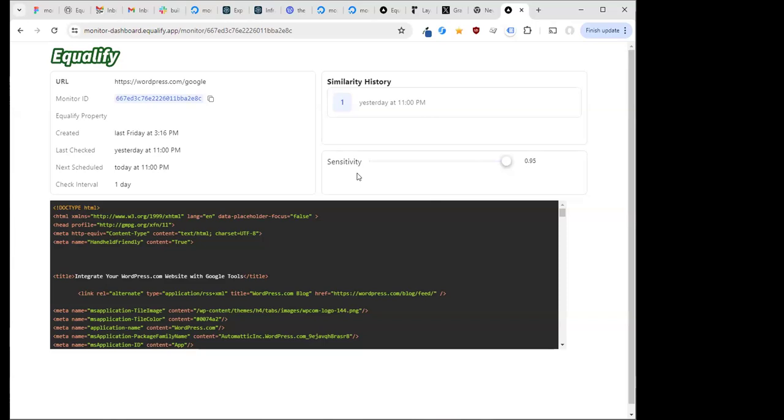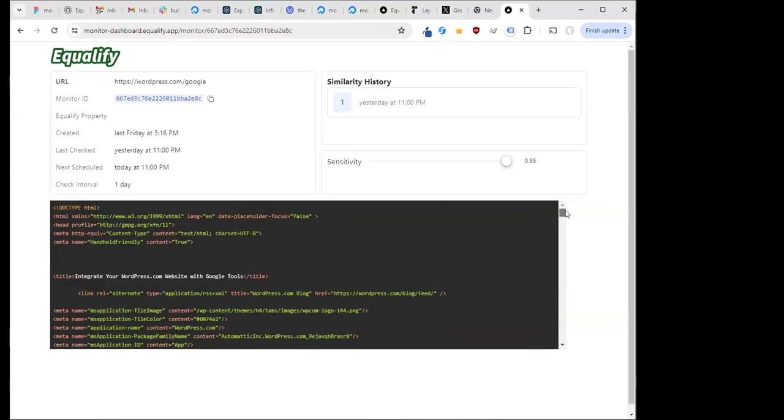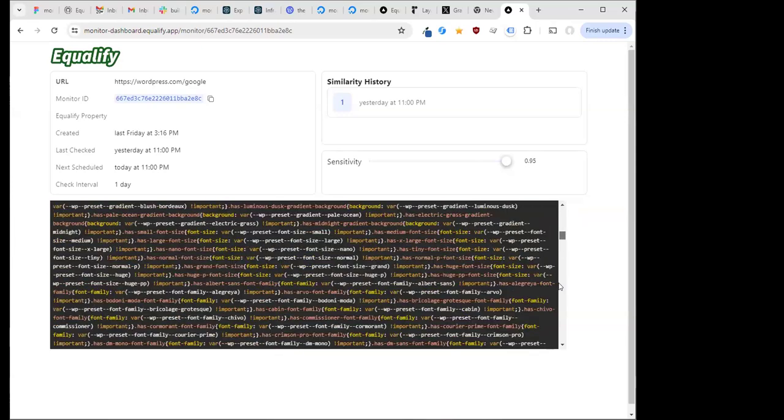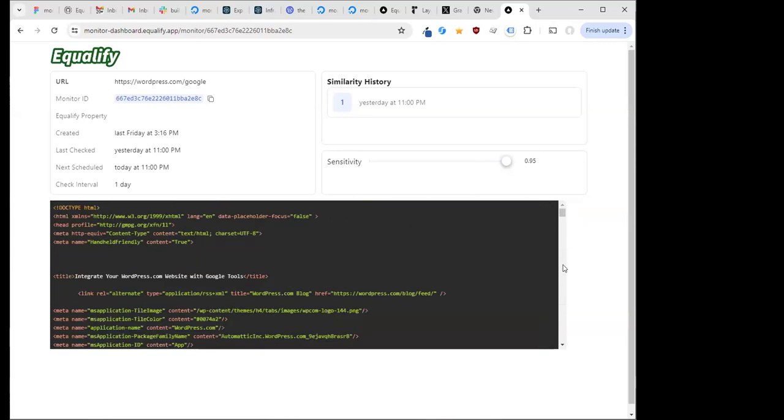And then at the bottom, there's a window that has the full cache file that was pulled down. That's just HTML that you can look at, and this is handy if you need to debug, because you can see what monitor actually sees when it's comparing sites against old versions. Yeah, so that's pretty much it for